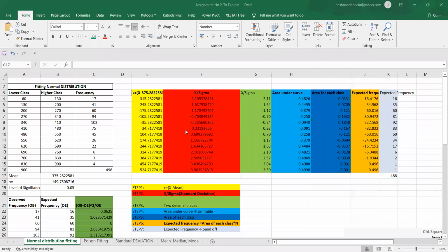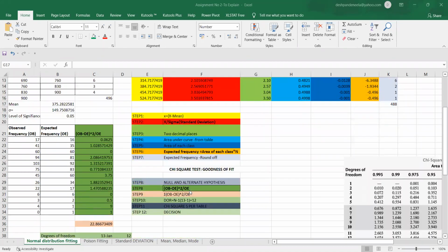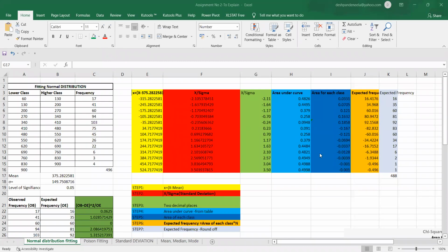Today in data analytics assignment number 2, we are going to talk about fitting of normal distribution and Poisson distribution for two types of data. And for this particular problem, of course, as it was demonstrated earlier, I'll be giving you the steps also. We can test through the goodness of fit also. We are going to do it here, but parallel to that, it is very important that you go through the